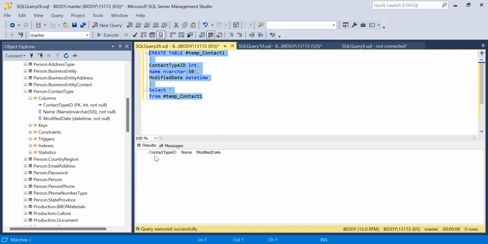You can see it doesn't bring any value for me simply because I've not inserted any value into it. So it brings the contact type ID, the 3 columns that I passed in my create table